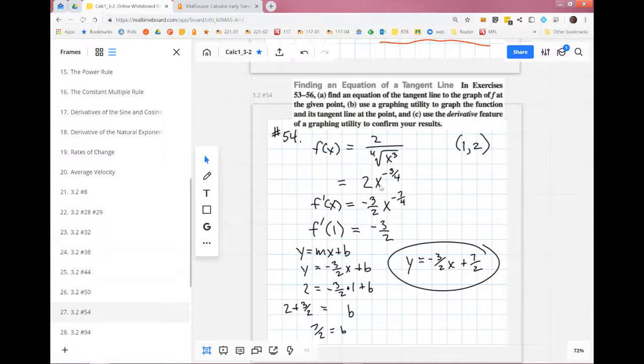Got to rewrite that as 2x to the negative 3/4 power. Now take its derivative. It's actually a very easy derivative. Power rule, negative 3/4 times 2. The 2 cancels into the 4 and we get negative 3/2. Reduce the power by 1: negative 3/4 minus 1 is negative 7/4. Now, we could rewrite it, but we don't need to, because now the big question is,